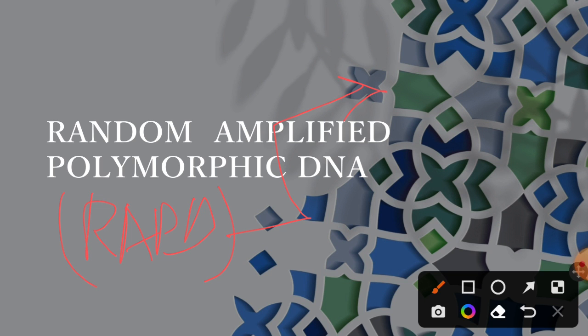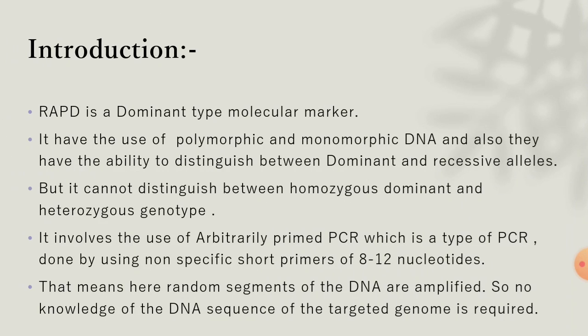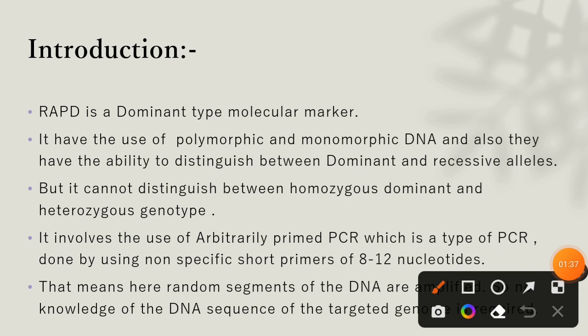Okay, so now let's talk about the introduction. RAPD is a dominant type of molecular marker. Dominant type of molecular marker means